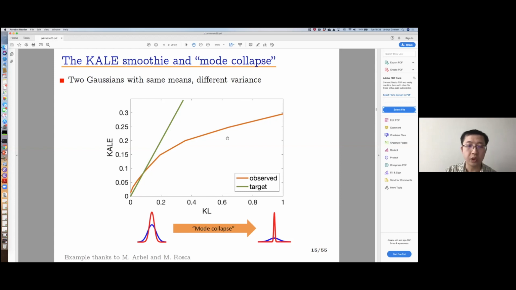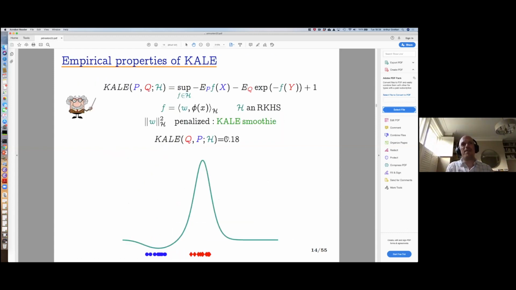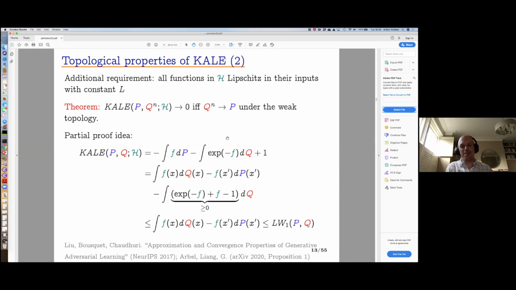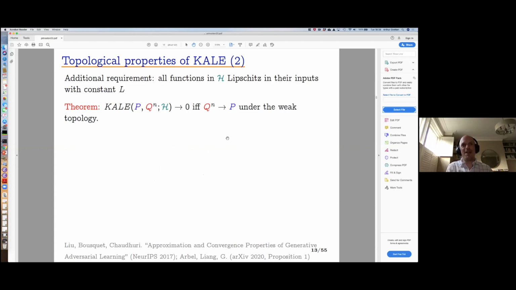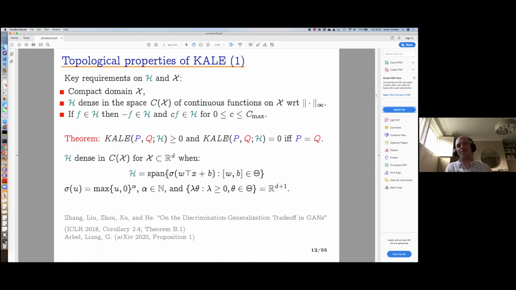Right. So you're saying this is an optimization issue rather than an issue with the objective? Yeah. I may be mixing my metaphors here, because this is just an empirical observation: what happens if my model collapses its mode? As far as the properties of the divergence class are concerned, this is telling me that if Q and P become close, or if they approach each other, then KL will drop to 0, and it will be 0 only when P and Q agree, as long as my calligraphic H is rich enough.